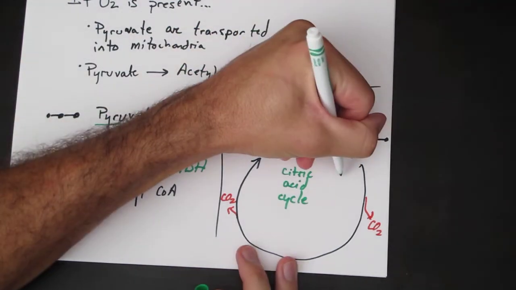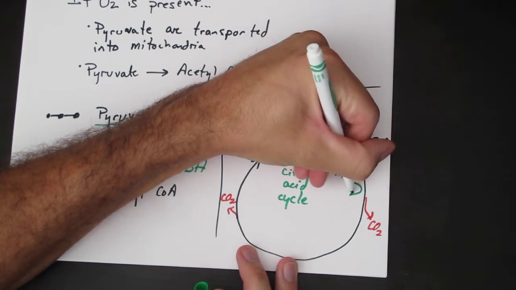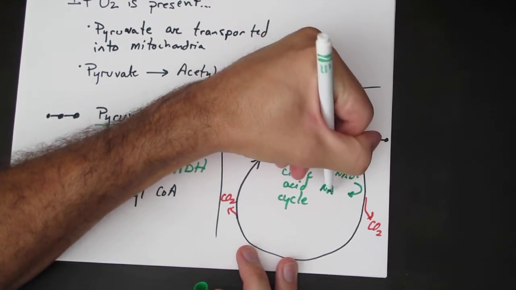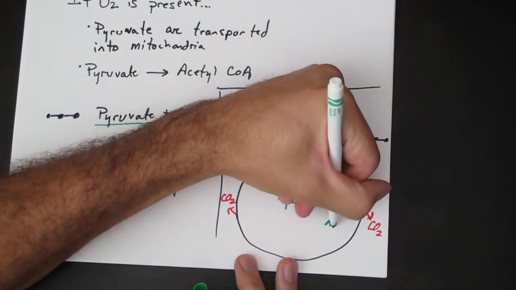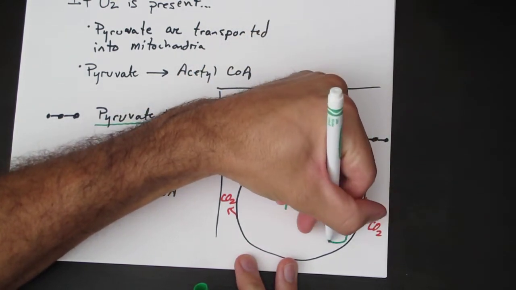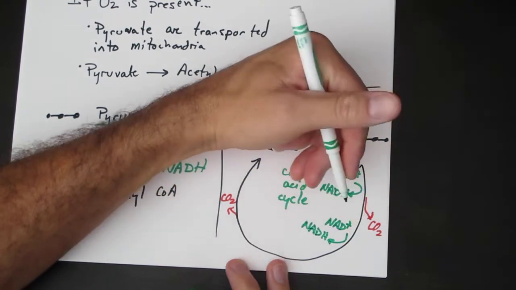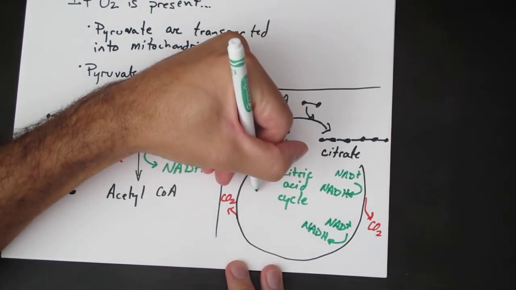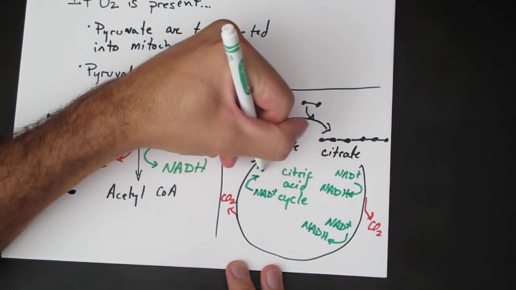So we have NAD plus getting converted to NADH. We have NAD plus getting converted to NADH. We have NAD plus getting converted to